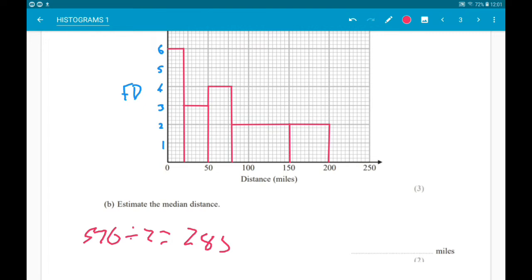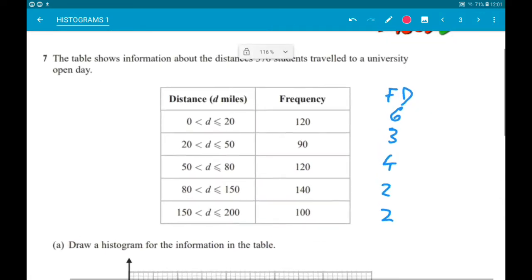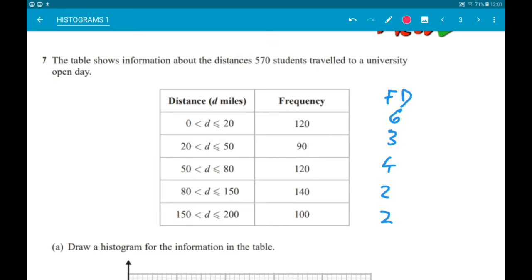So we need to try and find where the 285th student would be. So we go back to our frequencies and we're going to add them up cumulatively until we get a number